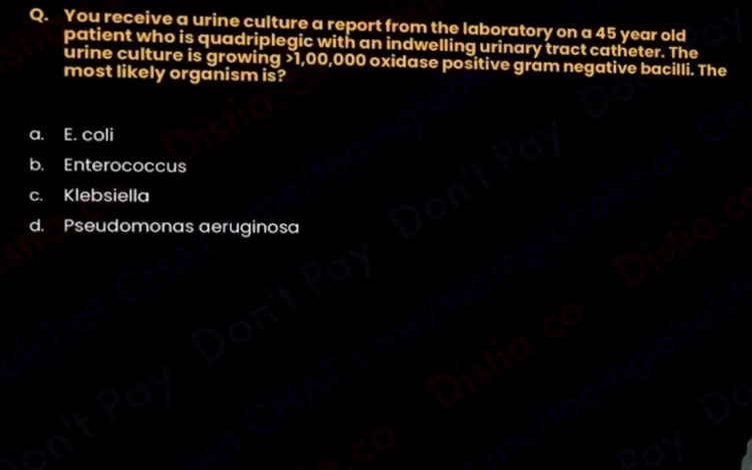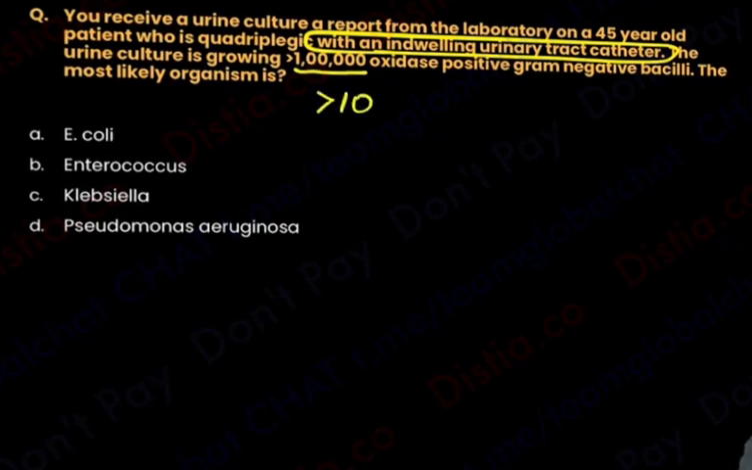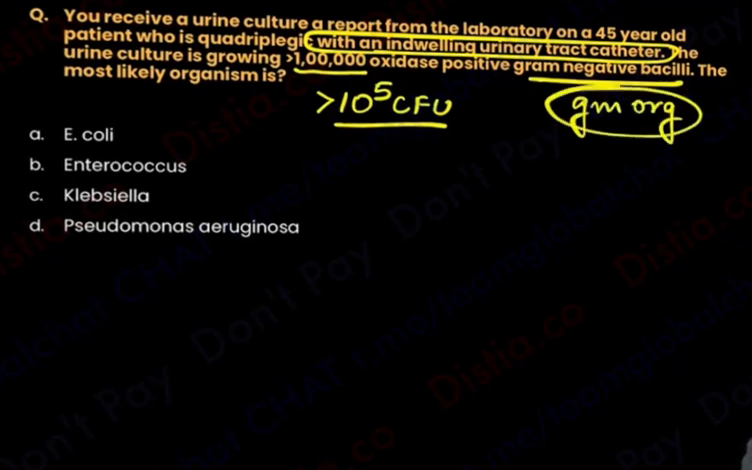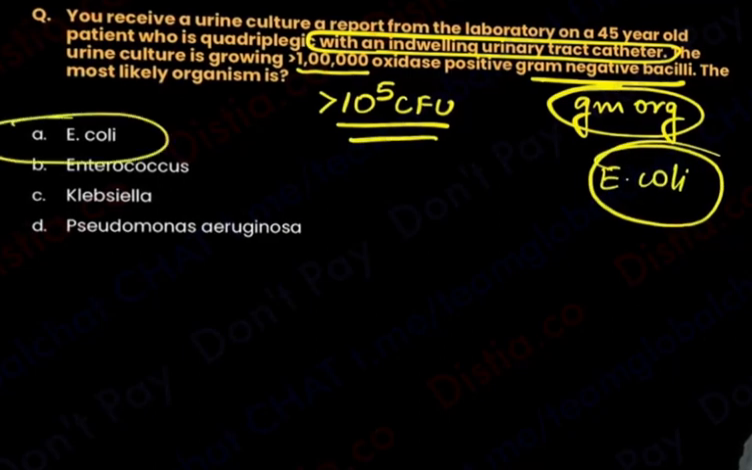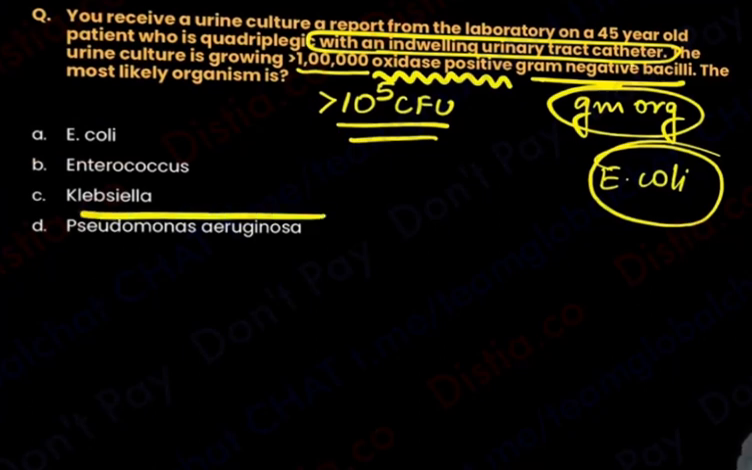Coming on to the next question. You receive a urine report from the laboratory of a 45-year-old patient who is a quadriplegic man with an indwelling urinary catheter. The urine culture shows more than 10 to the power 5 colony forming units, that too of a gram negative organism. So honestly, when a UTI comes to me, and it is significant and gram negative, E. coli would have come to my mind. But E. coli is not oxidase positive. I have to think of something which was oxidase positive and causing catheter infection. So I know that among non-fermenters, the oxidase positive ones are going to be Pseudomonas, and that is going to be